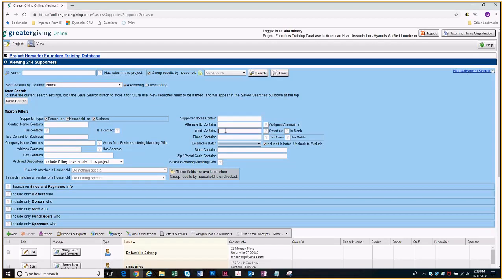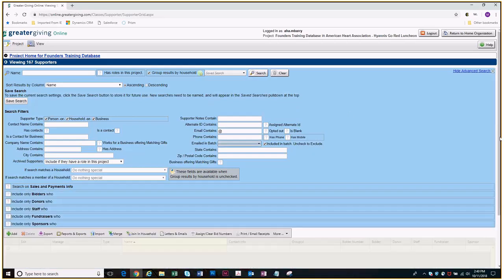In the space for email contains, put the @ symbol and then search. This always takes a minute because it scrolls through every single record in the database. Out of that 214, I have 167 email addresses, which is actually a pretty good amount for how small